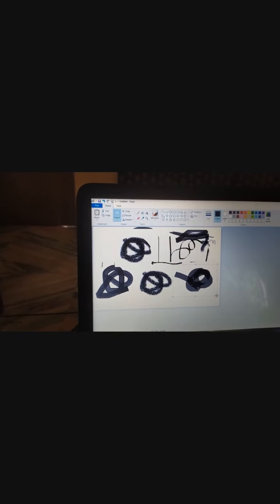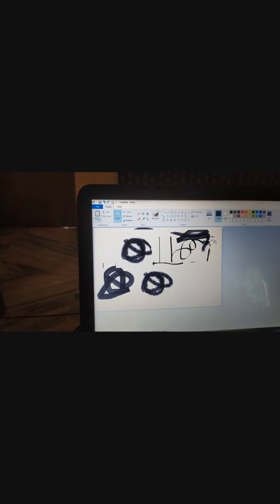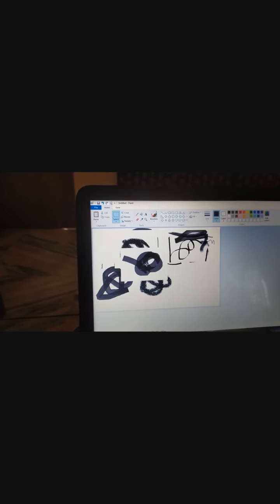Now next, suppose we want to select this one and we want to move it from this location to another location. Click cut. See, the original location is gone. Now we want to paste it. See, the thing is pasted over here.